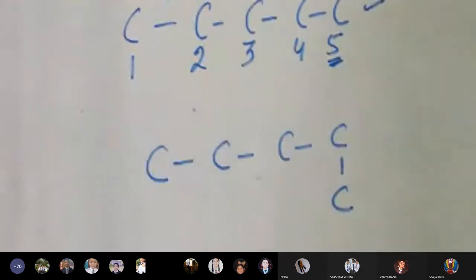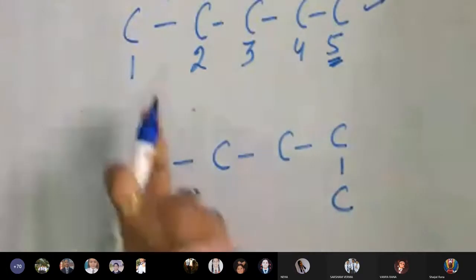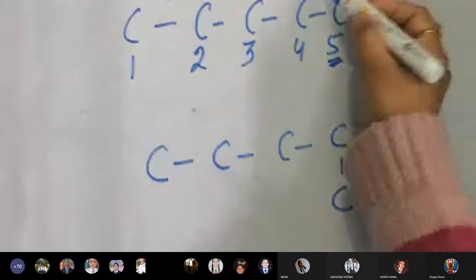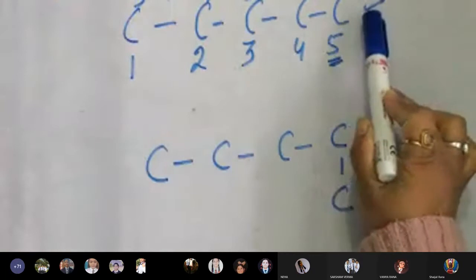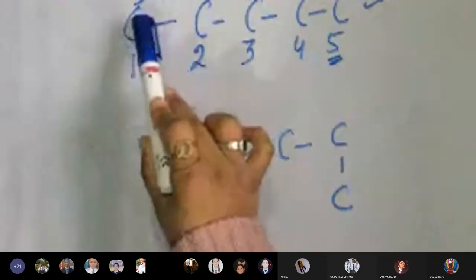Now some of you can do the opposite also. Some of you can also say, why start 1 from here? You can start from here. That is also correct in this naming, 1, 2, 3, 4 and 5. So either you move from left to right, then also the maximum number of carbons you got is 5. If you have moved from right to left, then also the maximum carbon you got is 5.